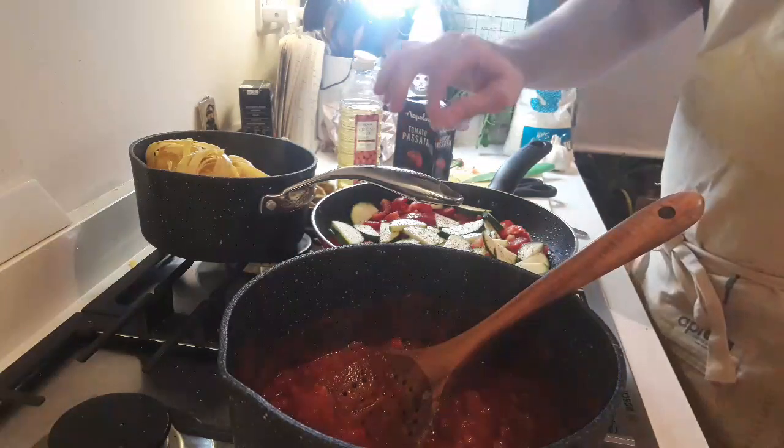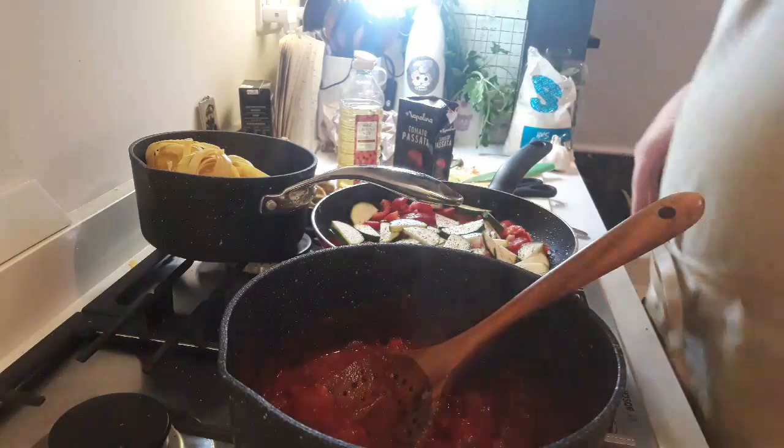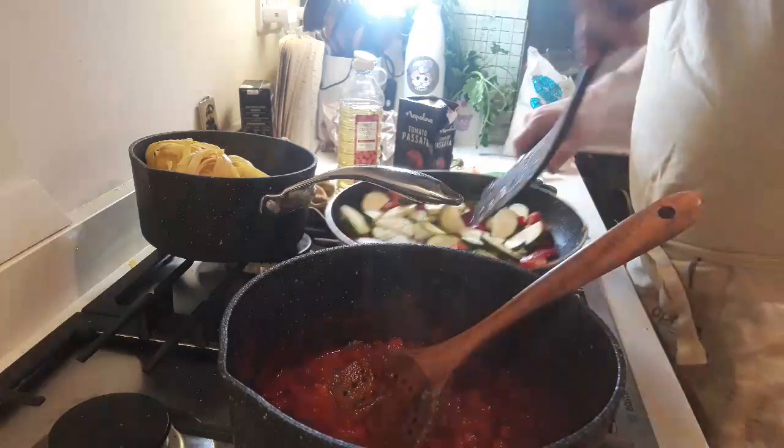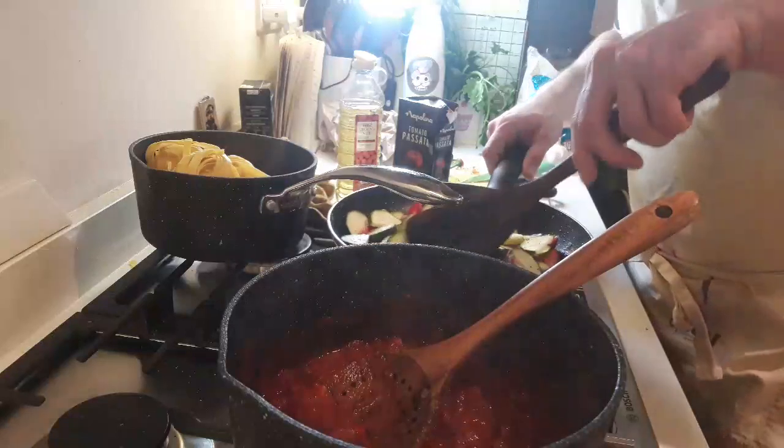Bit of salt on the vegetables. Let's give them a mix through. And what I will also do is...